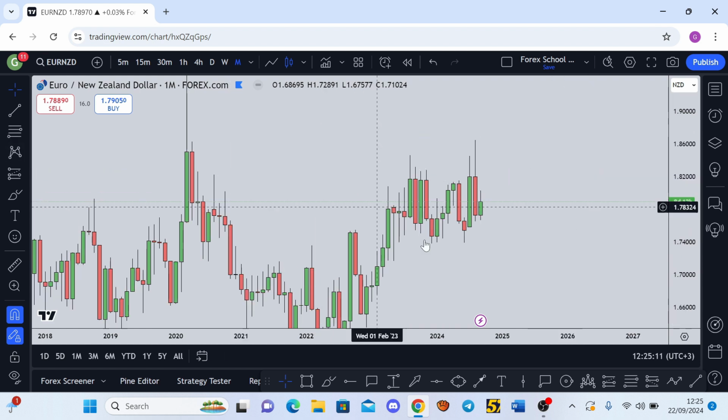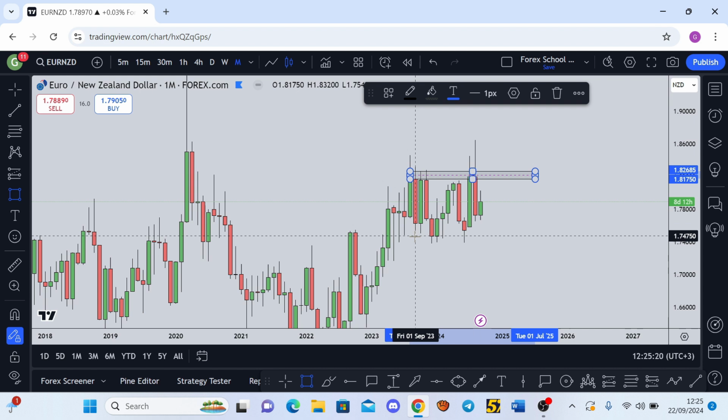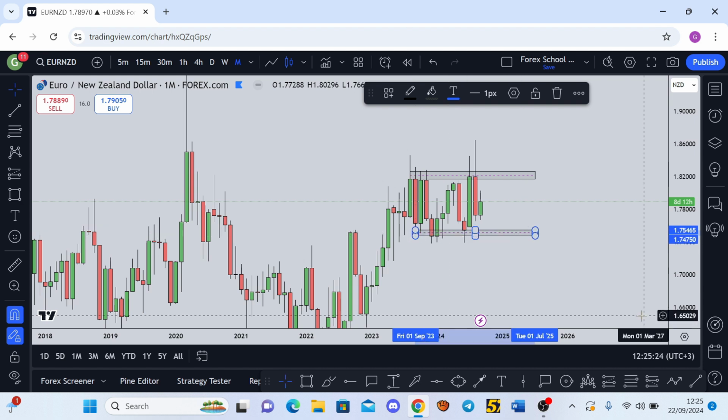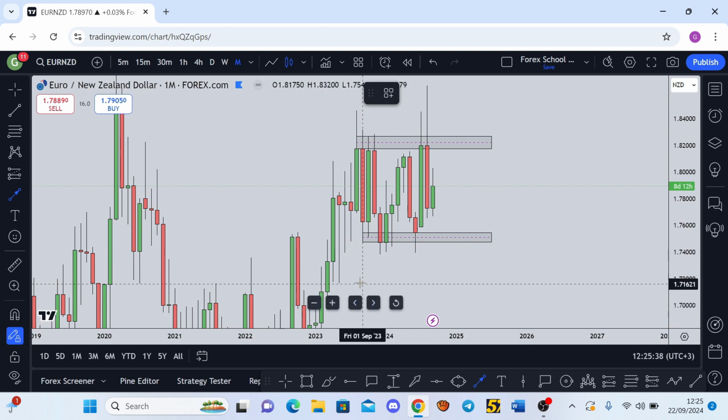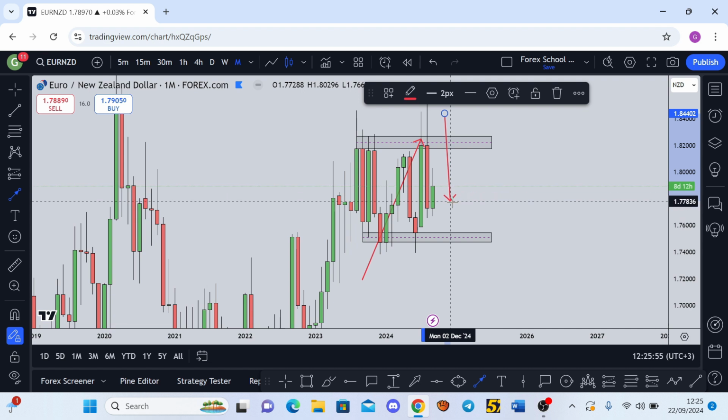for trading. So this is the monthly time frame, and as we can see, price is currently ranging between these highs right here and this low down here. So there's no clear direction as far as the monthly time frame is concerned. What you can see is that price bounced off this area to the upside, then came back down, bounced off this area again to the upside, and currently we see that with this strong bearish candle, price tested and rejected the resistance area, and now we see it sliding slowly to the downside to potentially come and retest these lows